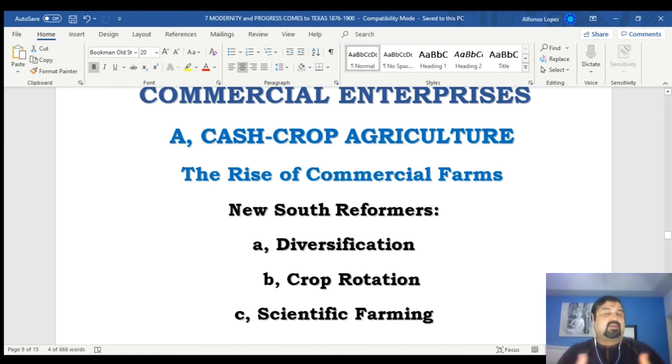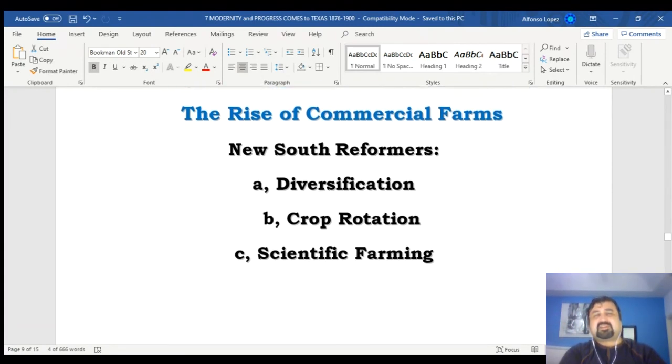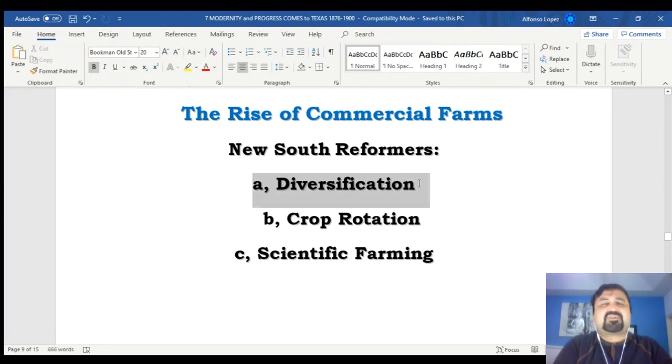Again, we need to reform the agricultural sector to give rise to a new economy. This is going to be a new South, they will call it, a new South, a new Texas, that is to say. So what they were actually suggesting is that they wanted to diversify. First and foremost. So what that meant is that for farmers to be successful, they needed to make sure that if you wanted to succeed every year, and because you're now going to enter